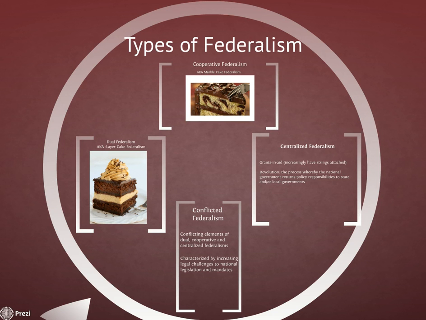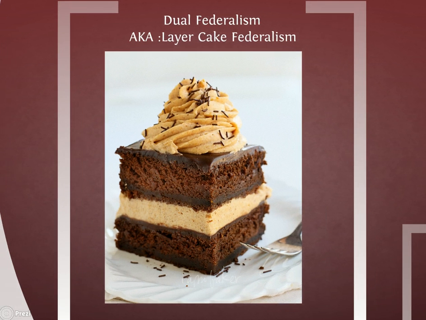Evolution has occurred in the power relationship between the national government and the state governments and their local governments, and the national government and local governments. However, our focus here is on the evolution of the dual sovereignty established by the U.S. federal system of government. We first survey four types of federalism, characterized by four different power relationships between the national and state governments, all of which continue to this day. We then explore various means by which the national government has altered the power relationship between it and the state governments.